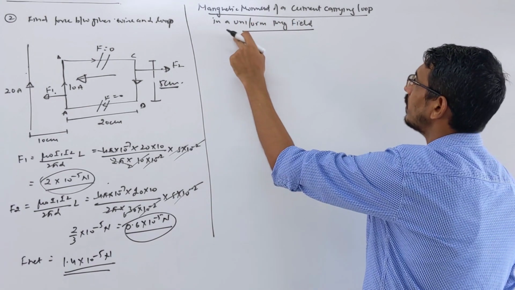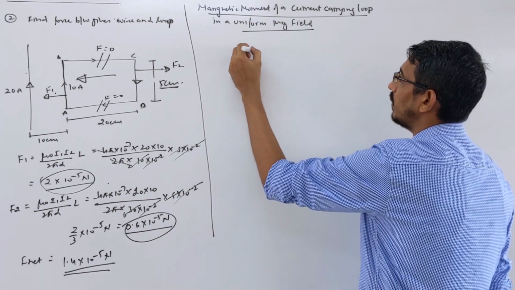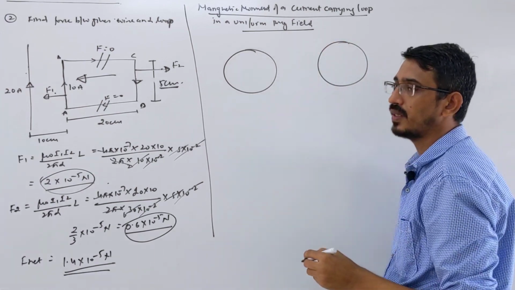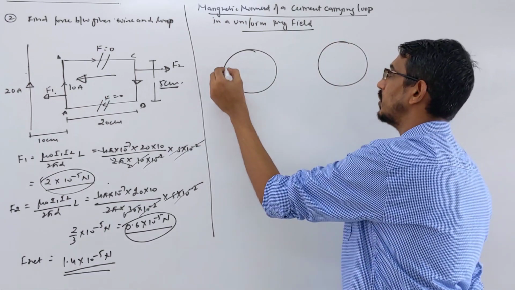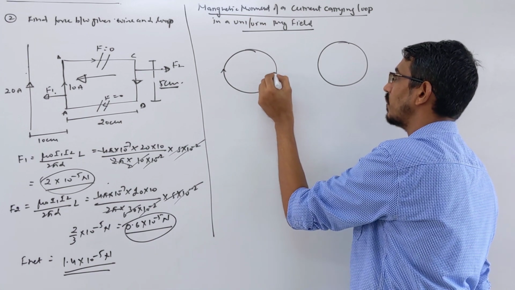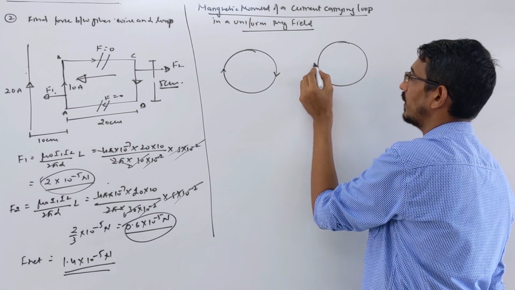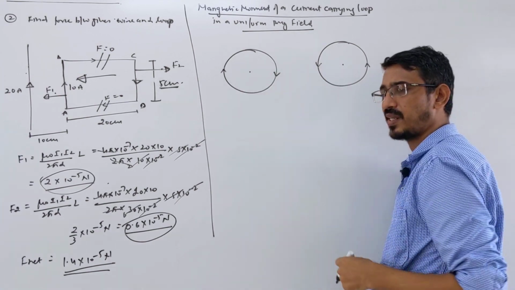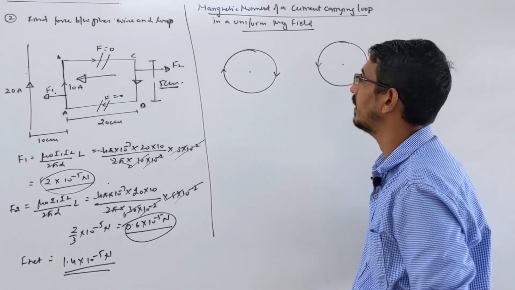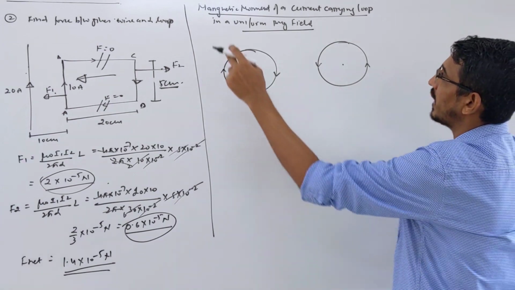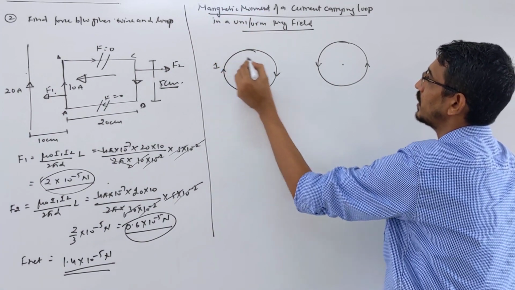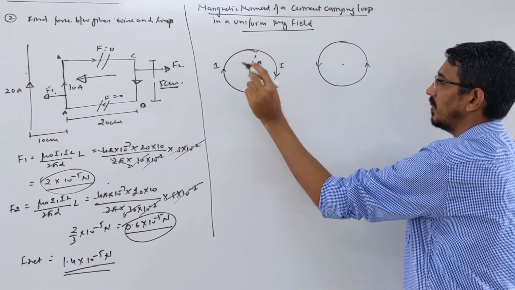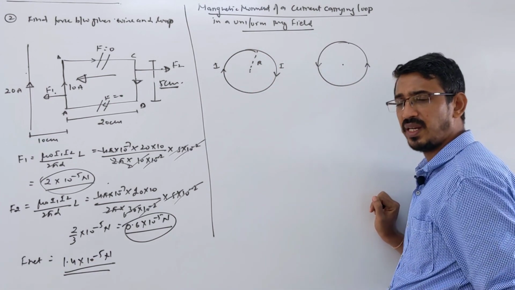Look here, suppose you have a coil, this is a coil, and they are carrying some current. Suppose this is a clockwise current, then here I draw what? Anti-clockwise current, like this way. These are the two loops, maybe circular loop, rectangular, any shape of loop, doesn't matter. So you want to know what is the magnetic moment. If some current is flowing through this loop, radius let's call it R, doesn't matter.